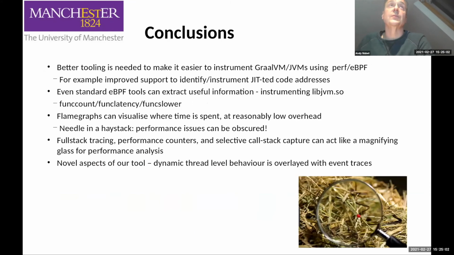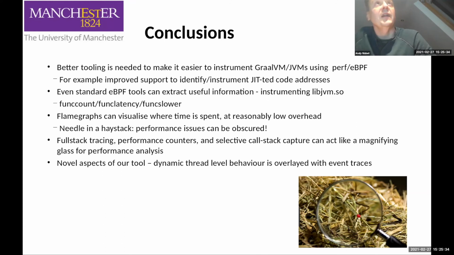So the conclusions. Better tooling is needed to make it easy to instrument GraalVM and JVMs using perf and eBPF. For example, better support to identify or instrument jitted code addresses. We've seen that even standard eBPF tools can extract useful information in instrumenting libjvm.so. We've seen that flame graphs can visualize information where time is spent at reasonably low overhead, but we haven't demonstrated